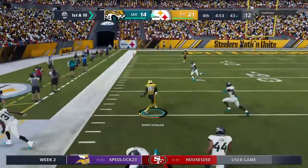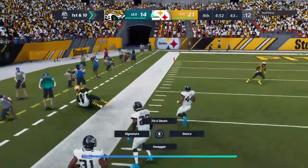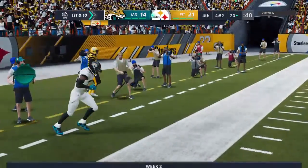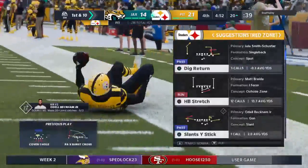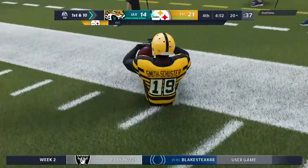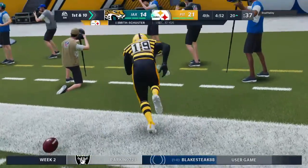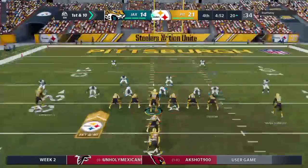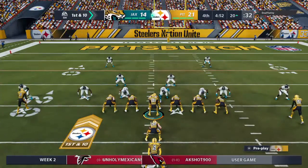They'll find Juju Smith-Schuster. And down to the 20 he'll go before heading out of bounds. A big gainer there on the catch and run, 37 yards. They lulled them to sleep there, so to speak. That was all set up by the running game, wasn't it? Another example of what all offensive coordinators tell us. When the running game's operating, it really opens up the playbook, and that's when they hit them with the play